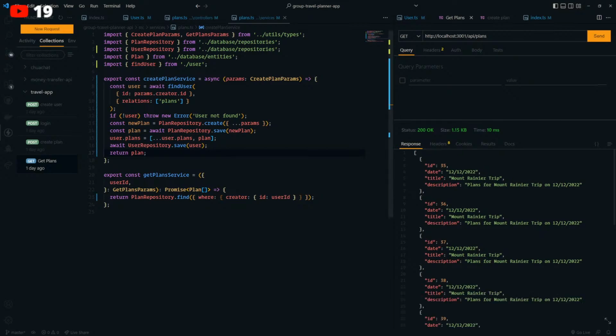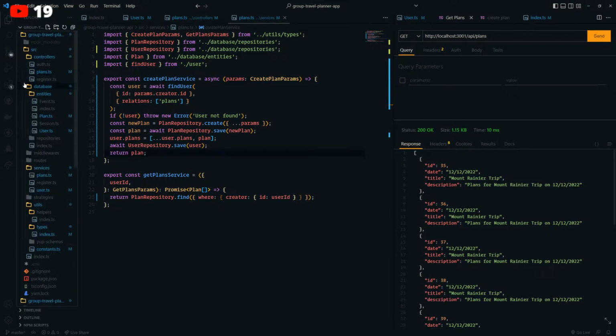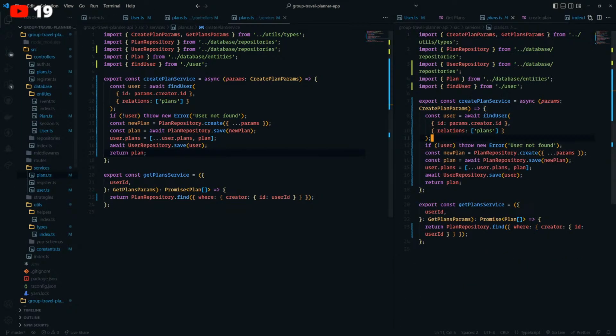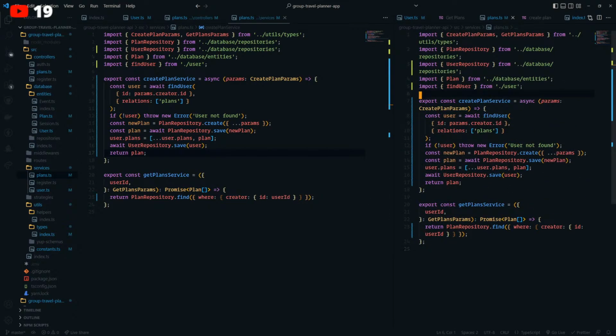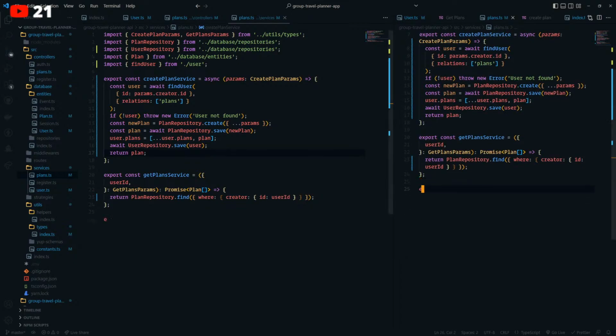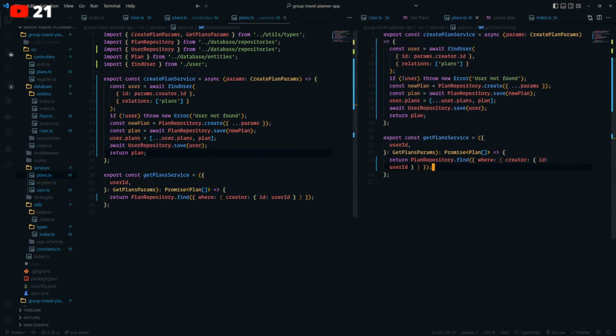we need to make sure that when we do get the plans, we're getting all the correct relations as well. So let's go over here. Export const. We need to make sure that we get all the relations.